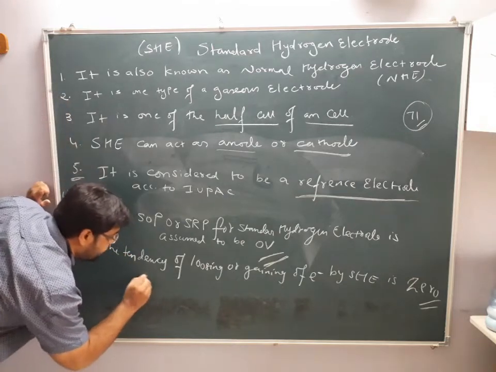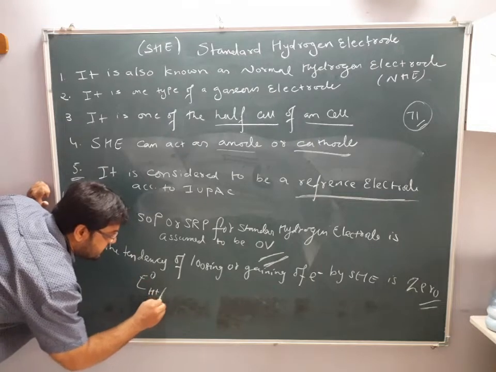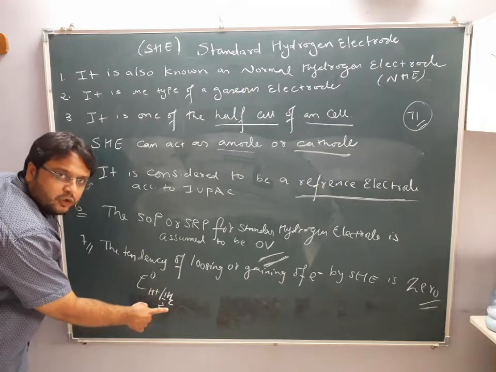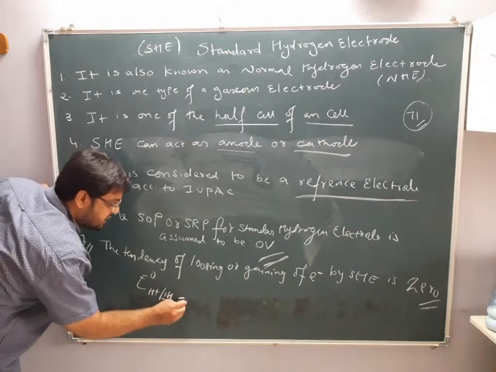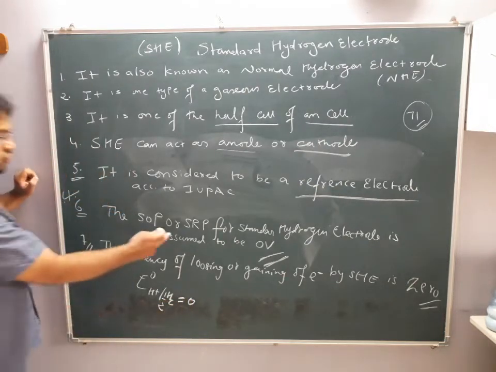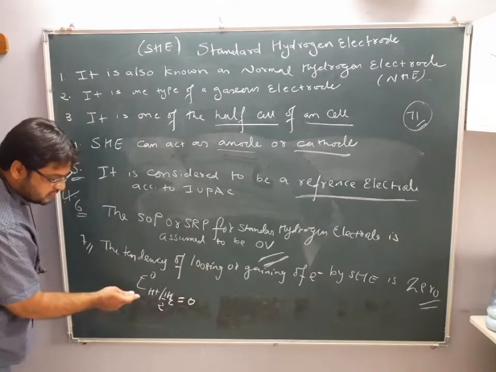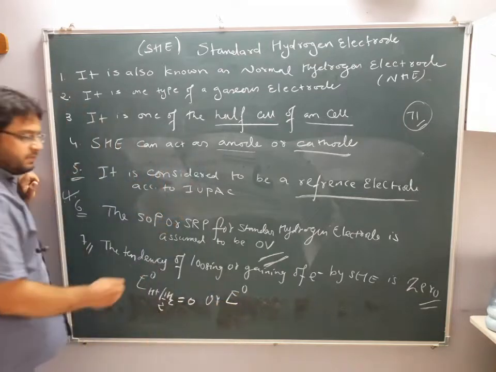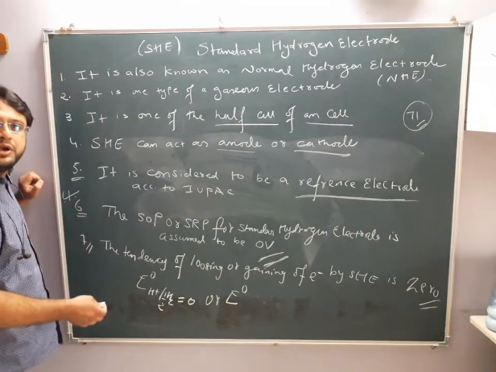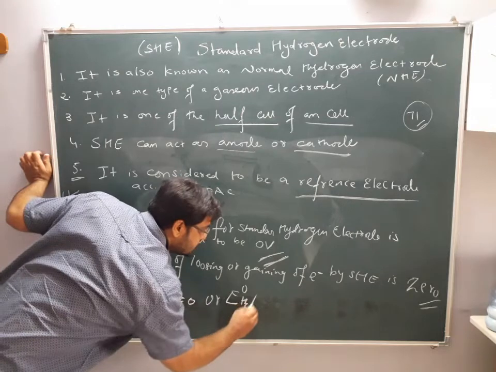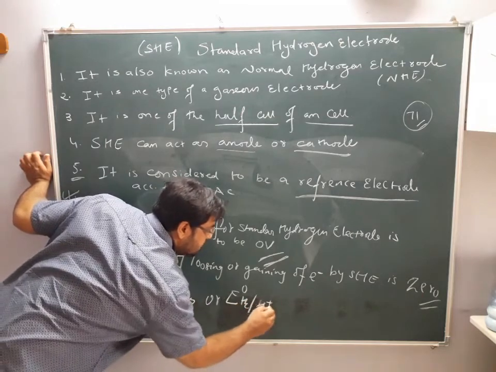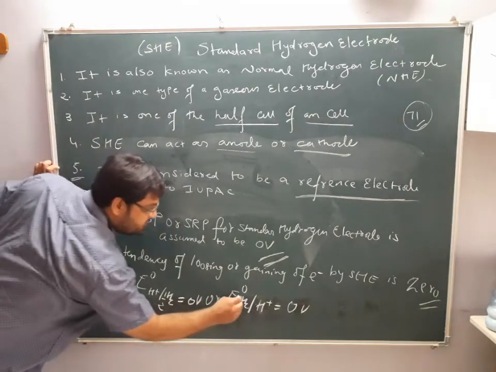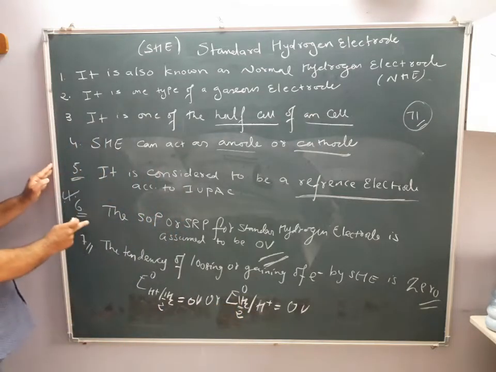See here, if I write H+/H2, it means ion is converted into molecule, so it is a reduction. So reduction potential value is also 0. So standard reduction potential E0 of H+/H2, or for oxidation, a molecule will lose electrons and convert into H+. So H2/H+ equals 0 volt, 0 volt. Please remember, here the half-reaction needs to be balanced. So this is a very important point.